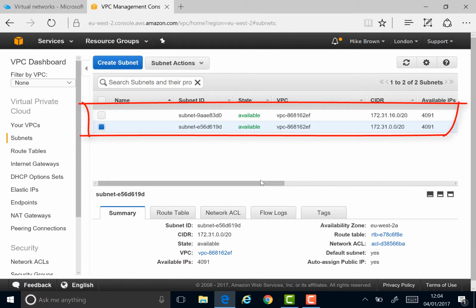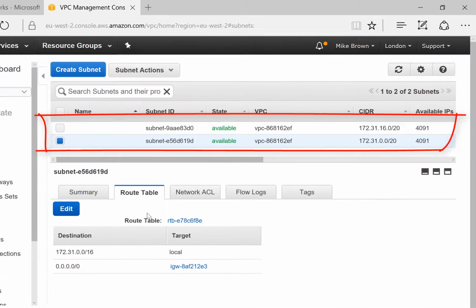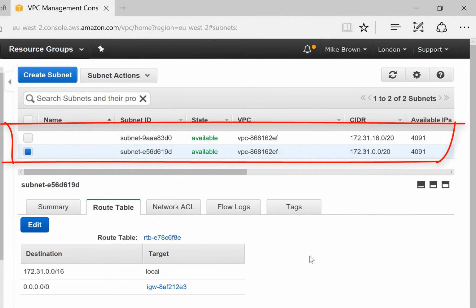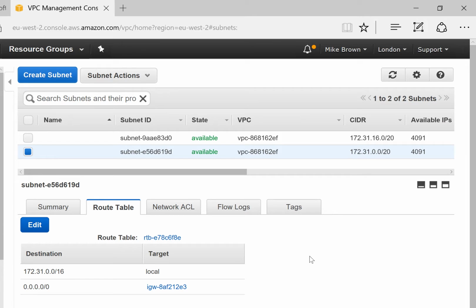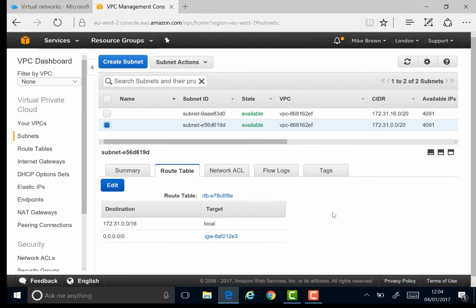Now, if we take a look at one of these subnets, on the route table, we can see the standard routes for a subnet. We have the local route that allows traffic to flow between the different subnets in the VPC. And we also have this default route as well. Now, this default route is sending traffic that doesn't match the local address space out through the internet gateway. So for VPCs in AWS, if you want traffic to flow towards the internet, then you need to